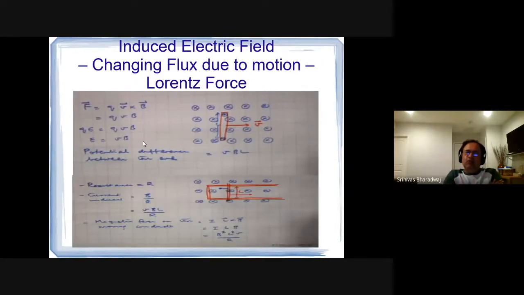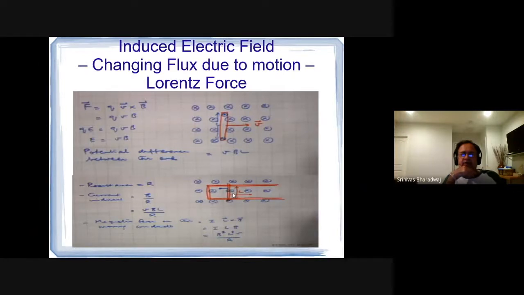Now the other case is where the changing flux is due to motion. For instance, you had this square loop, and you are moving one piece back and forth. So what is the area being covered? The area being covered is dictated by how